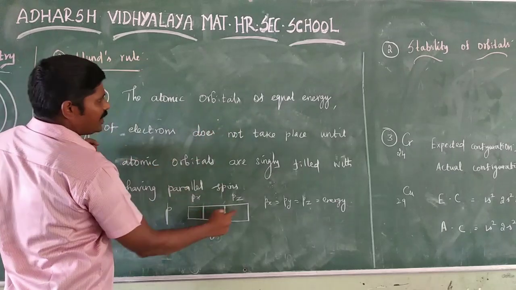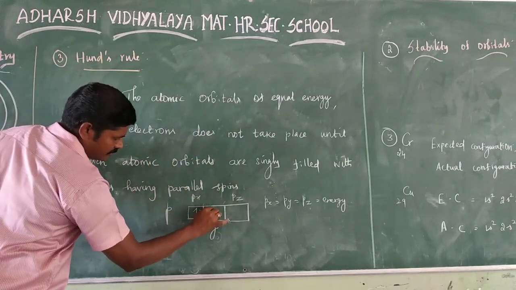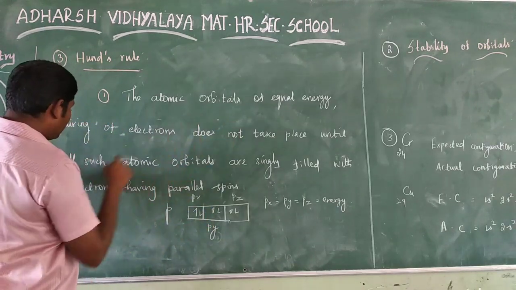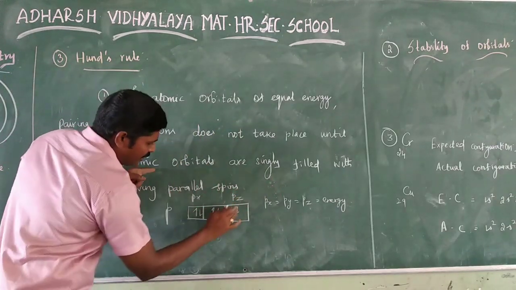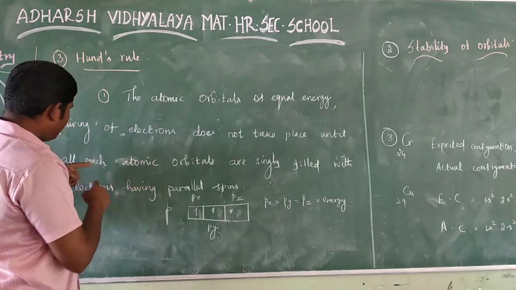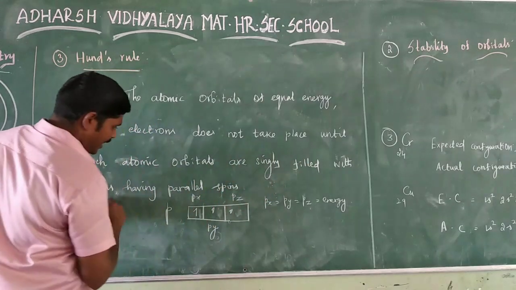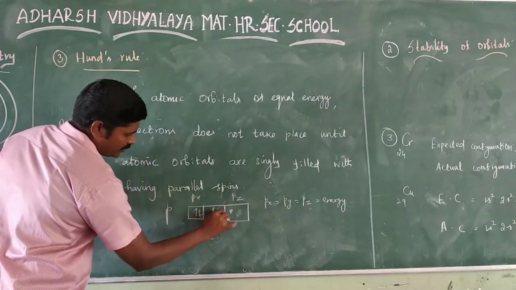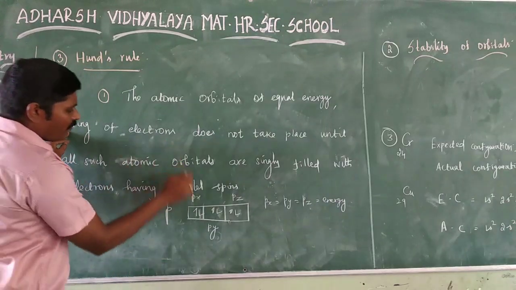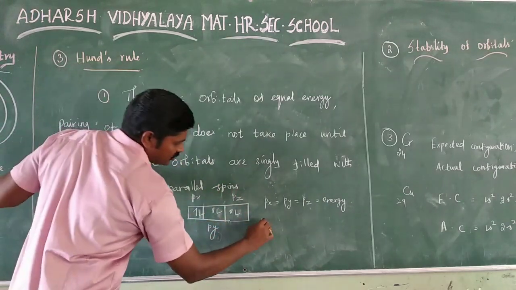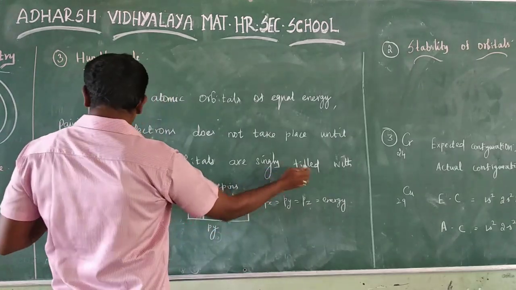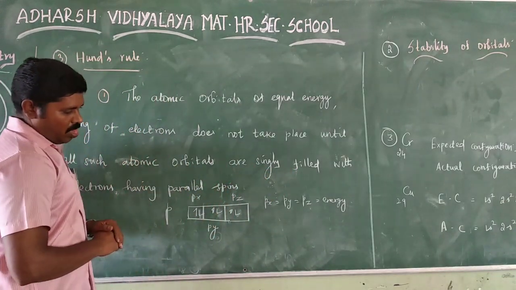For atomic orbitals of equal energy, the pairing of electrons does not take place until all such atomic orbitals are singly filled with electrons having parallel spins. For example,